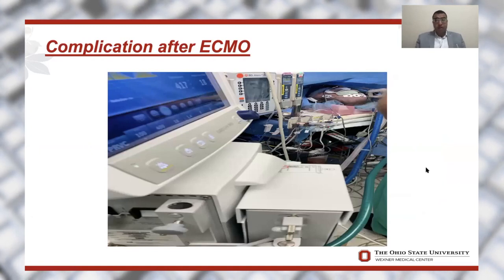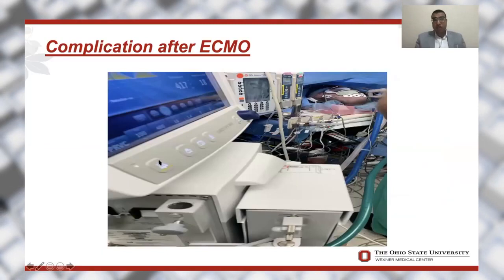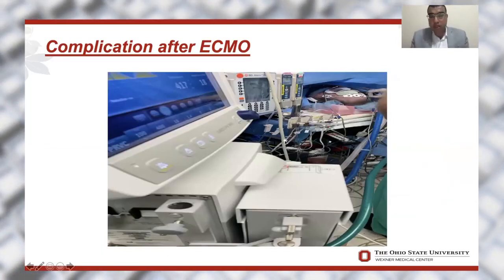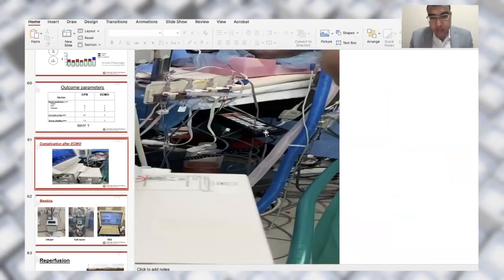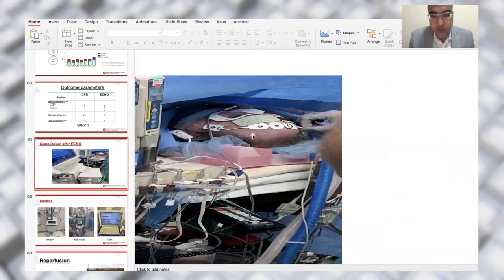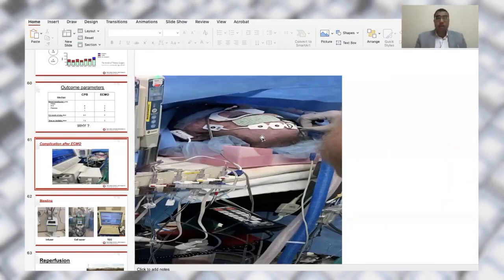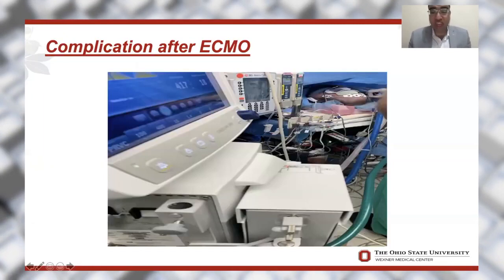This is a very nice photo from Ohio State for this case. It is the same case who suffers from hypoxia. If you remember, this is the ICU ventilator. I hope it's clear. You can see this is facial cyanosis. The face of the patient gets blue after cannulation of the ECMO. You should inform the surgeon to check the cannula.